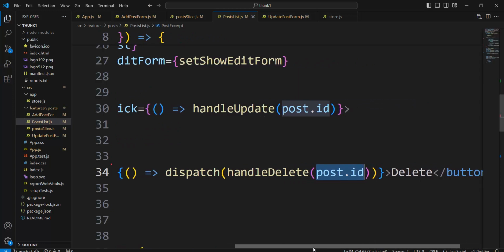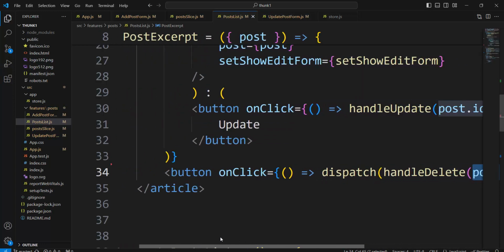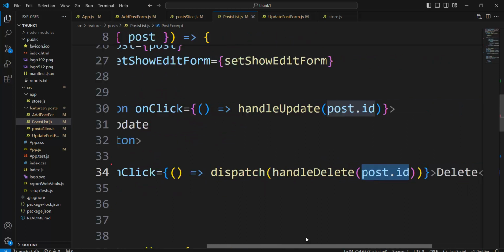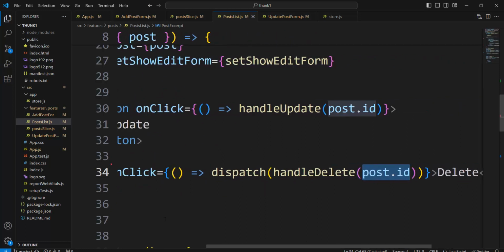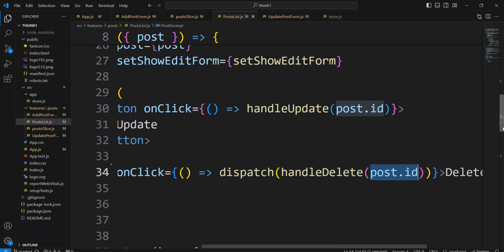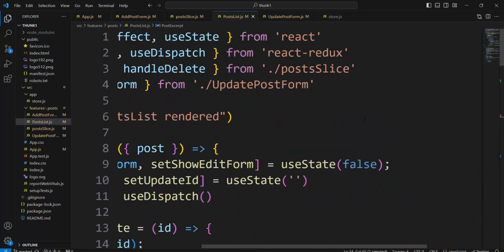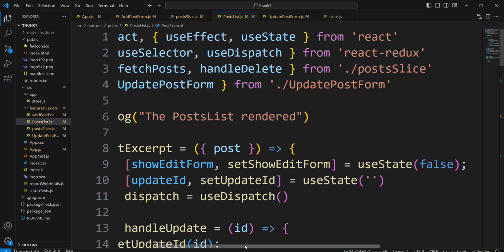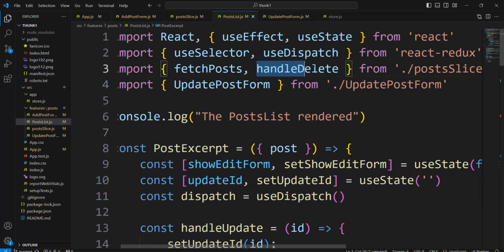Here in post excerpt, we import handleDelete from post slice. Okay, now we have the full circle, and we go back to post slice